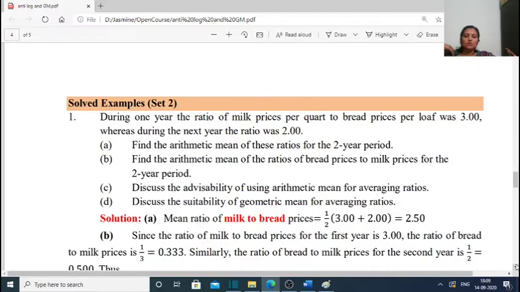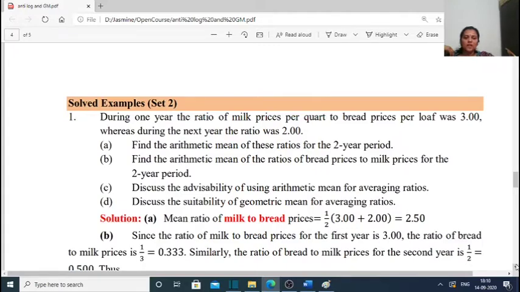So 1/2 into 3 plus 2, which is equal to 2.5. So the answer of A we got. Next, 2, geometric mean. Find the ratio of, so first, since the ratio of the milk to bread prices for the